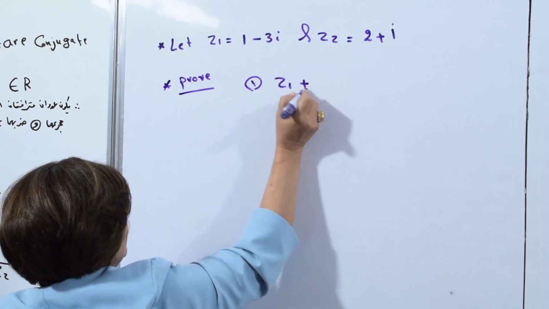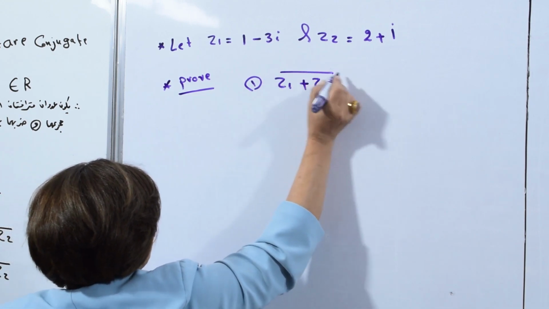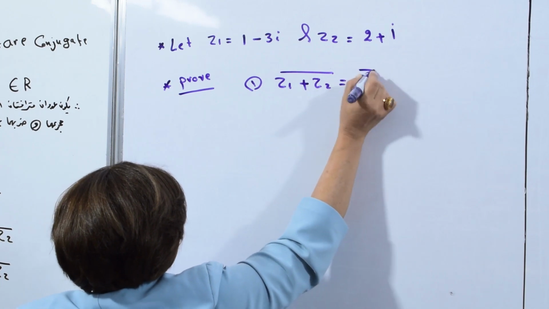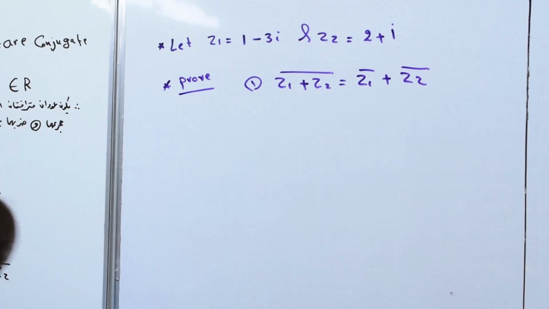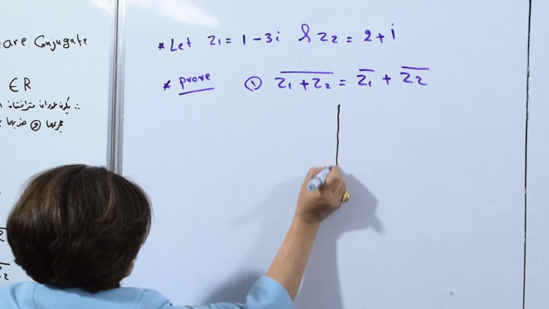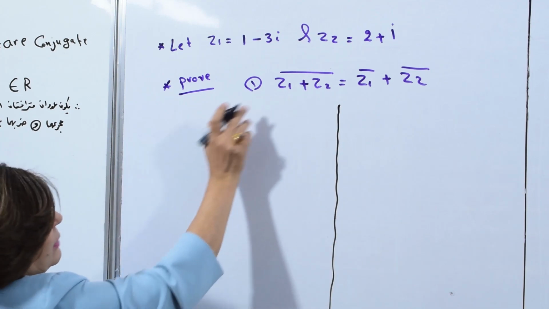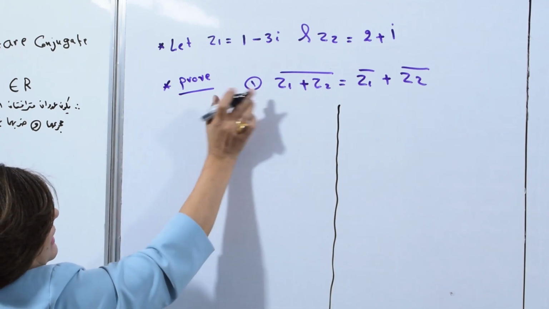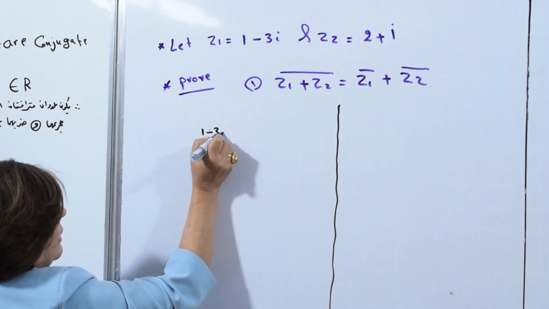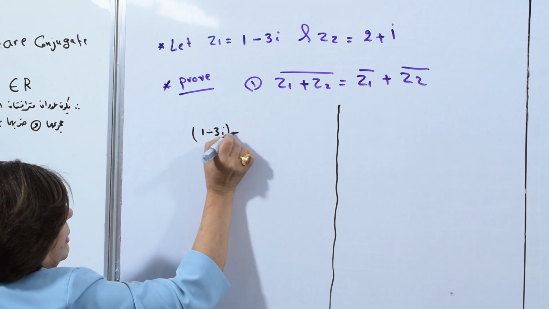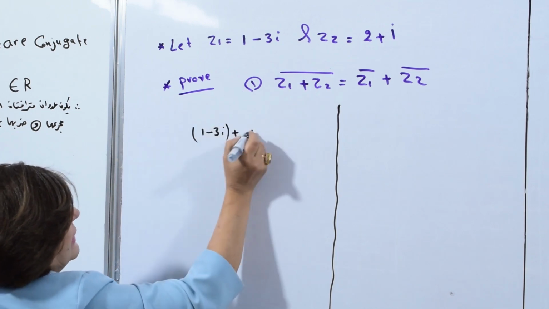The conjugate of Z1 plus Z2 gives Z1 conjugate plus Z2 conjugate. Listen to me. I take the left side, راح أخذ الطرف الأيسر. Substitute Z1, عوض Z1, 1 minus 3i plus Z2,